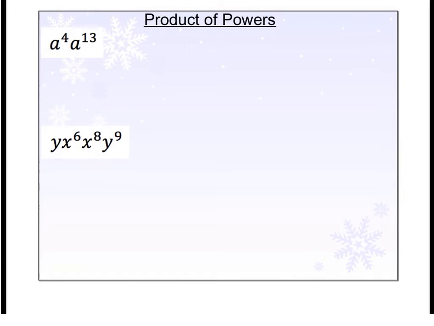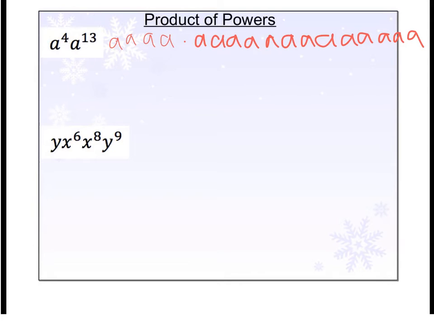And here, last year, you guys used to practice writing these in expanded form. So if you think about a to the 4th, well, that's a times itself 4 times. So I'd be a times itself 4 times. And then a to the 13th would be the same thing, but 13 times. So I'm going to add 13 more. Notice they don't have to be perfect, but that's saying the same thing in expanded form,